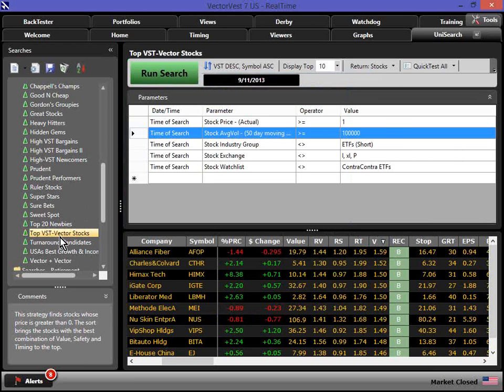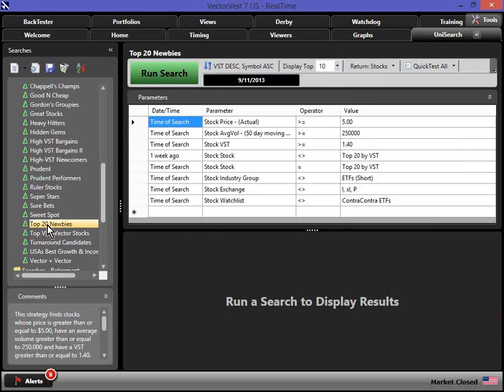But a lot of people ask me, they say, Brian, the stocks that are in the stock viewer, they've already had their run. They've already been going up. I want to find stocks that are just coming into being top VST stocks. Well, what we did is check out this search. Top 20 newbies. So if that's your concern,